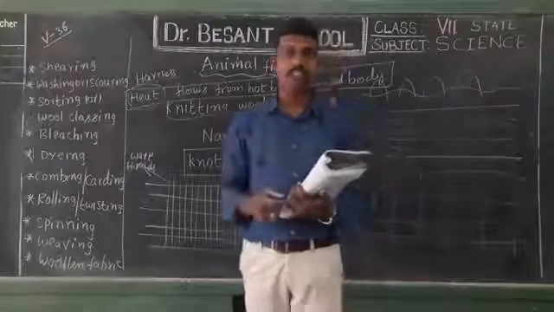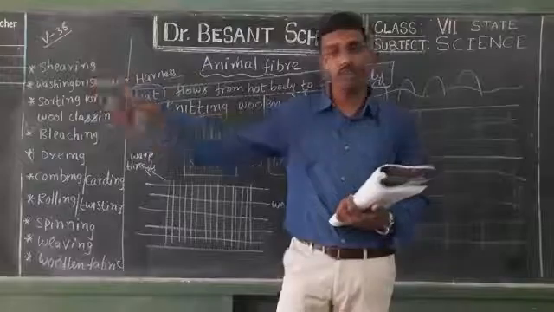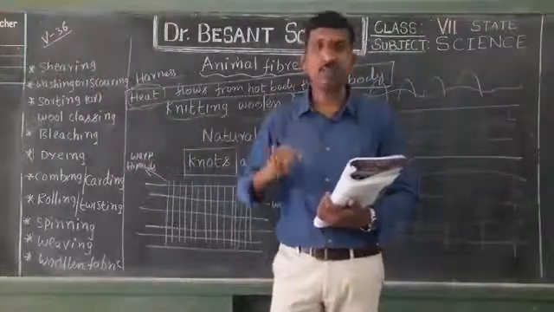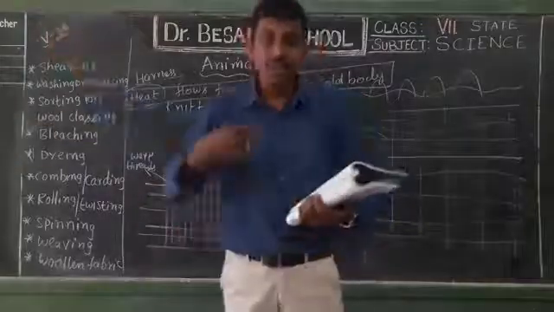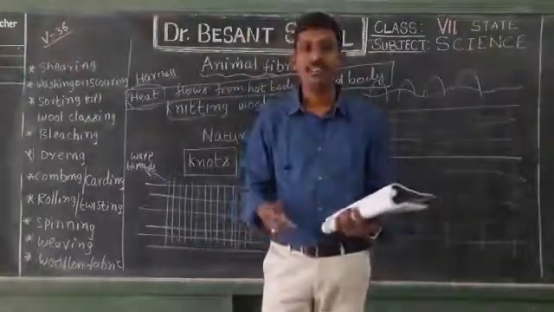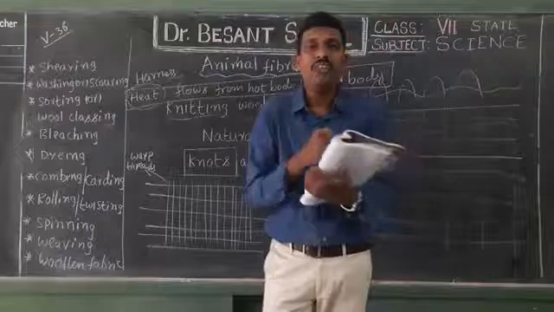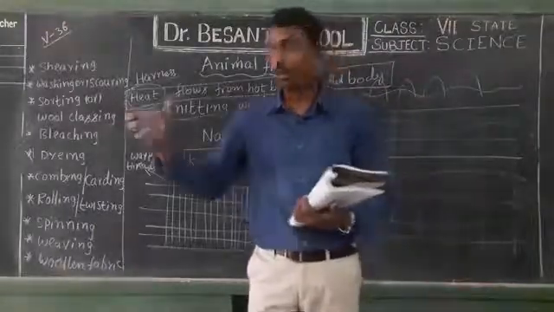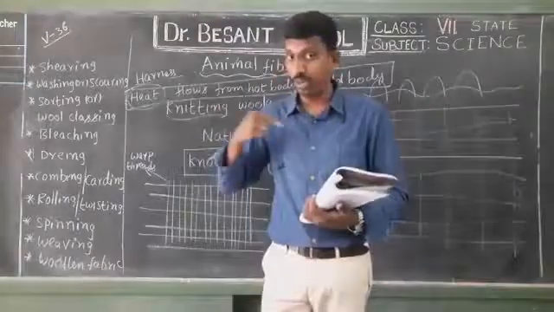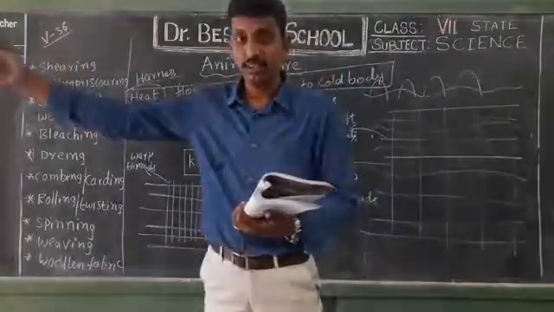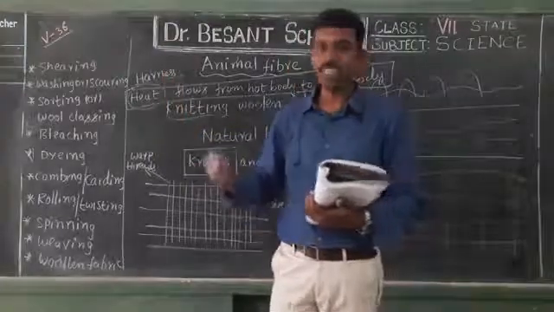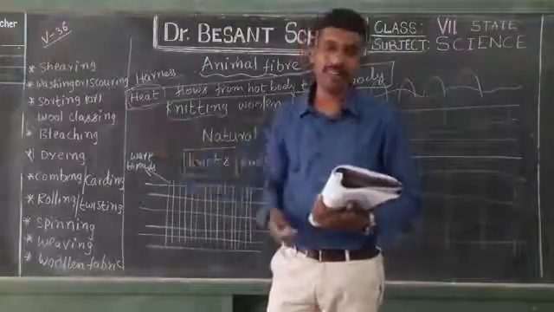Okay, so what happens? As atmospheric or surrounding temperature is very low, the heat which is present in our body travels from our body to the surroundings. So when there is a loss of heat from our body, we feel cool. The body becomes cool, the temperature reduces. In order to control the flow of heat from our body to the surroundings, there must be a resistor. Something is to be there in order to control it.